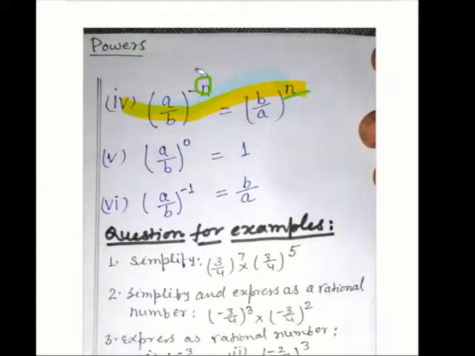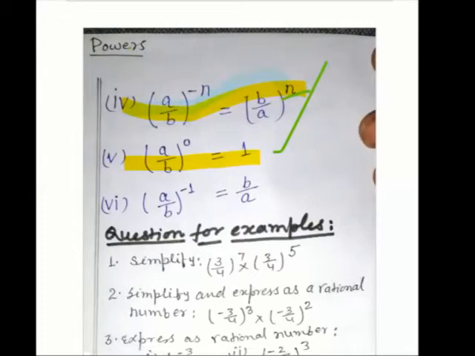The fifth rule is a upon b to the power 0 equal to 1. अगर किसी आधार का पावर 0 है तो उसकी वैल्यू 1 हो जाती है. If something very long is given, like x square into y square plus z square, bracket multiply x square plus y square plus z square, bracket close and the whole power is 0, so we do not have to find the value and solve the brackets. When we see the whole power is given 0, that means its solution is 1.